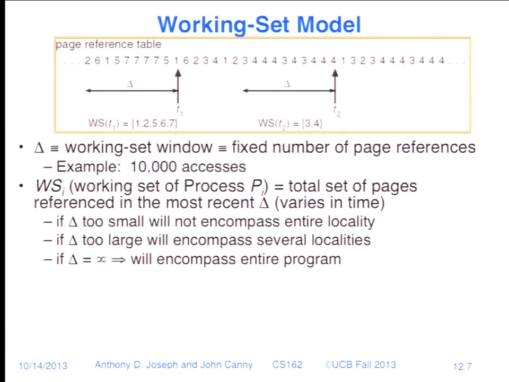Yeah? Is this page reference table for one process or for the entire computer? So which one? This picture here? Well, the working sets are normally defined per process, because there's no reason that two different processes that are not even really synchronized